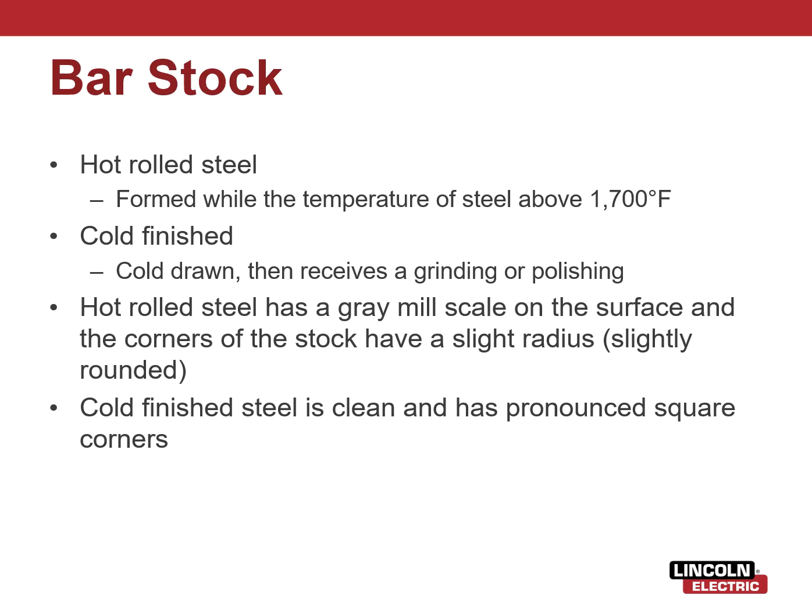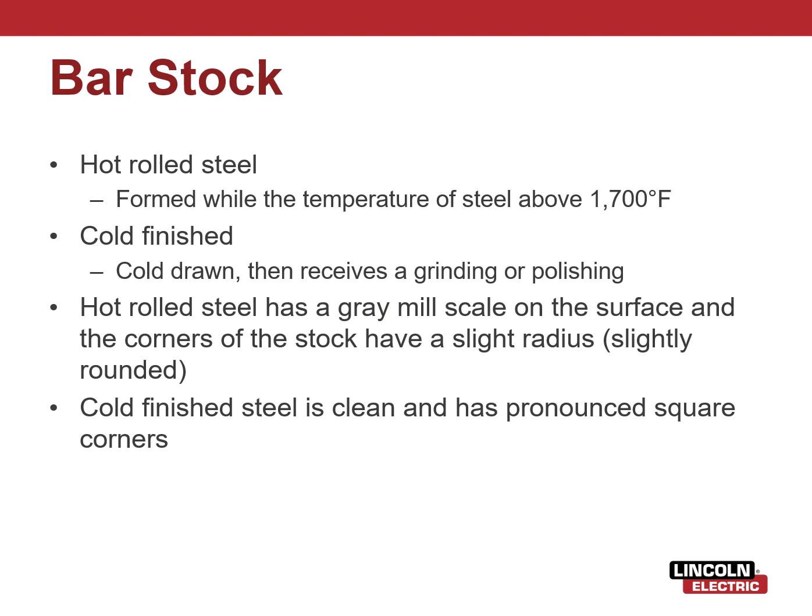So yeah, that hot rolled still has gray mill scale. Sometimes it looks a little bluish. And that comes from the foundry like that, and the corners of the stock have a slight radius. Cold finished or cold rolled steel is clean and has very square corners. It's a lot more accurate dimensionally than the hot rolled, because it's getting that grinding finish. So it's a little closer to being like a machined piece of material versus just coming out of the rollers